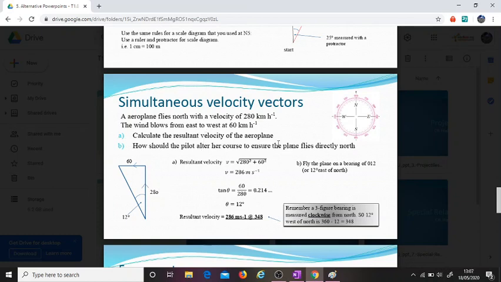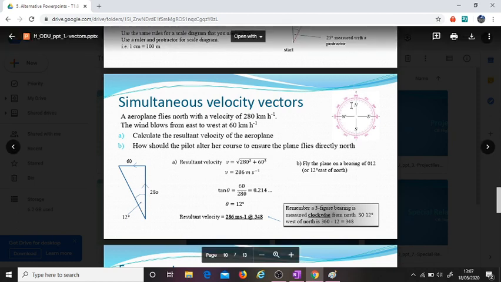So again, you can have a wee look through this one here. It's the same process, and you can work this all out to have a resultant velocity of 286 metres per second at a bearing of 348. If you're wondering where the 348 comes from, if you imagine you work out this angle here,